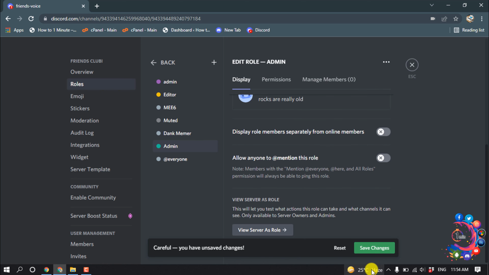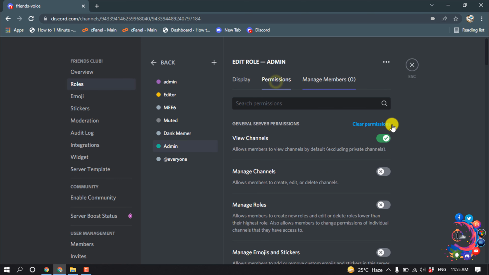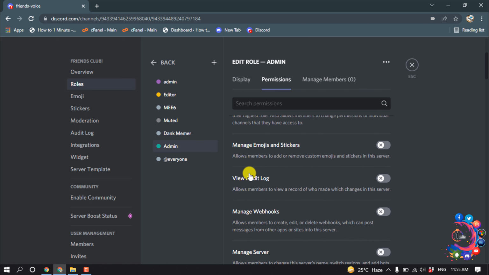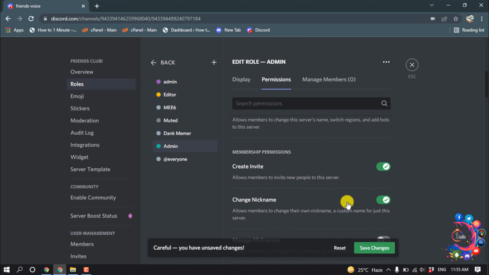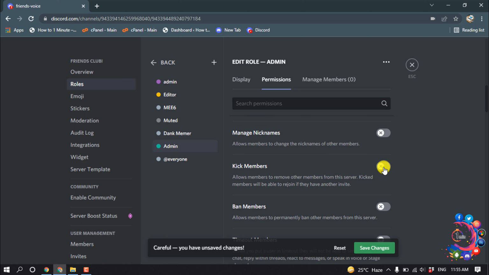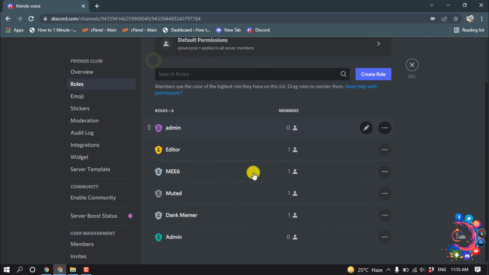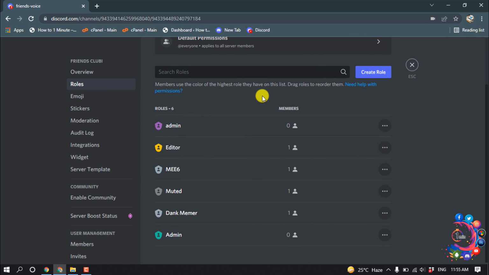and then click on save changes, and now go to permissions, and from here I'm going to turn on this view audit log permission for this role, and I'm going to disable the create invite permission for this role, and kick members I'm going to turn on this, then click on save changes, and inside of this role list here